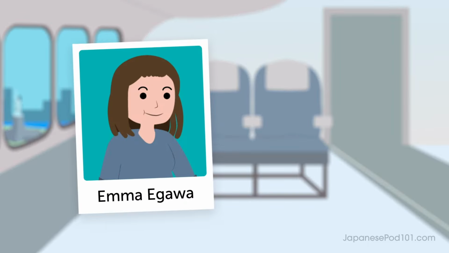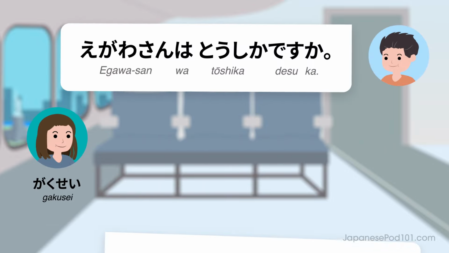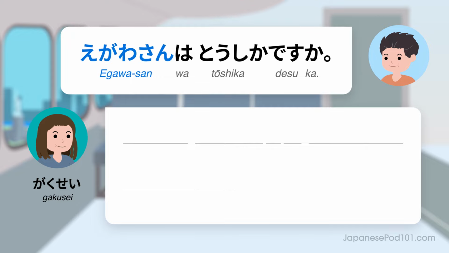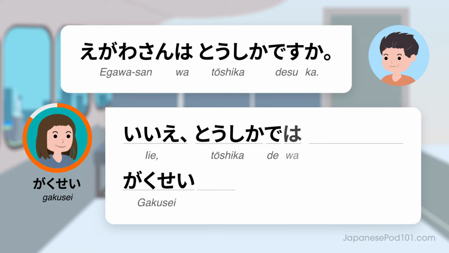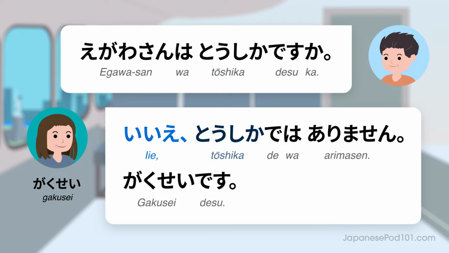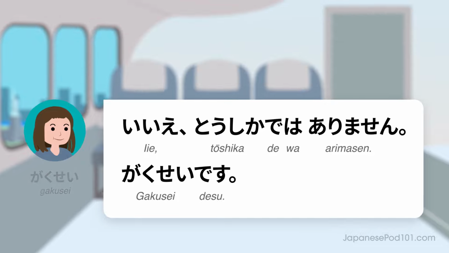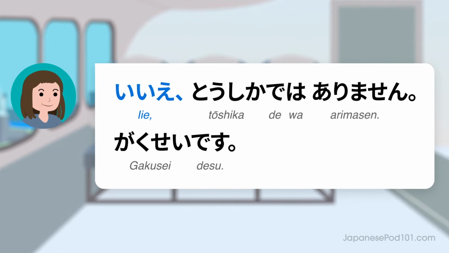Let's try one more. Imagine you're Emma Egawa and you're a student. Ready? 江川さんは投資家ですか？いいえ、投資家ではありません。学生です。Listen again and repeat. いいえ、投資家ではありません。学生です。